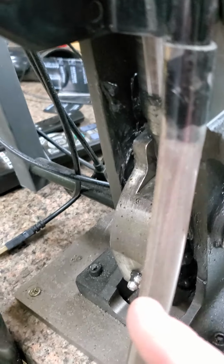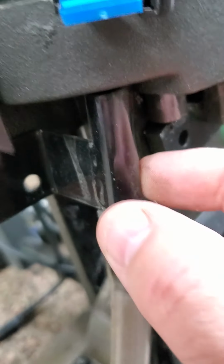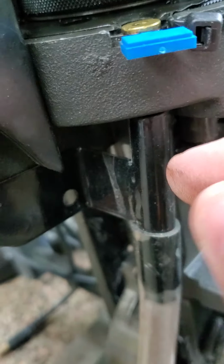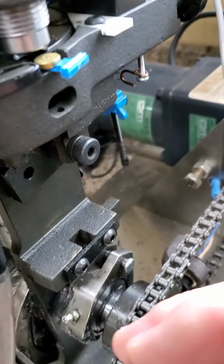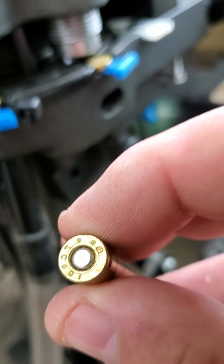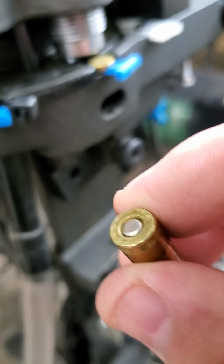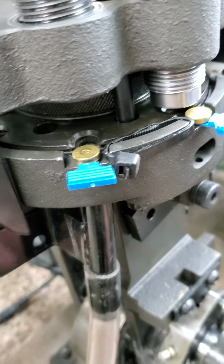collects into a container. I'd like to have some kind of an optical sensor. I don't know if we put it in the tube or somehow put it in here to read the falling primer. They're not that big. On occasion, they don't punch out all the way and it stays in there, and that can cause problems. So I'm looking for some kind of a sensor to add there. I'm open to suggestions. On the press itself,